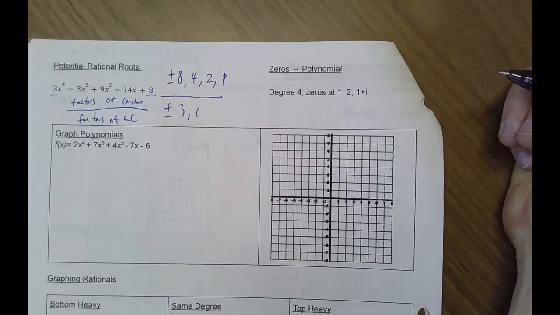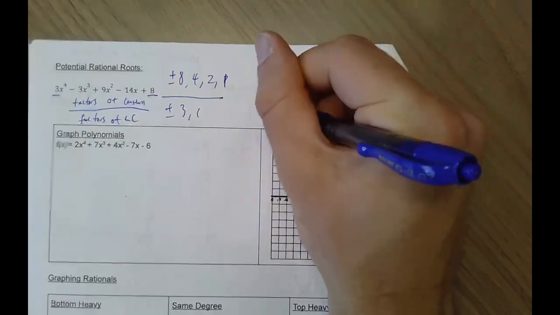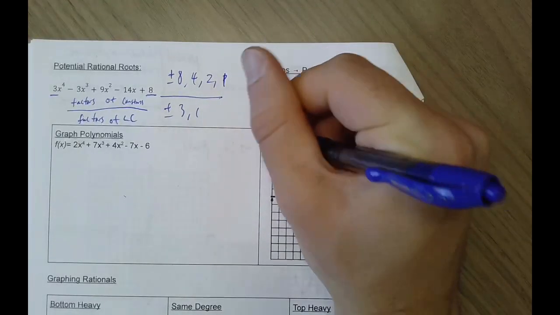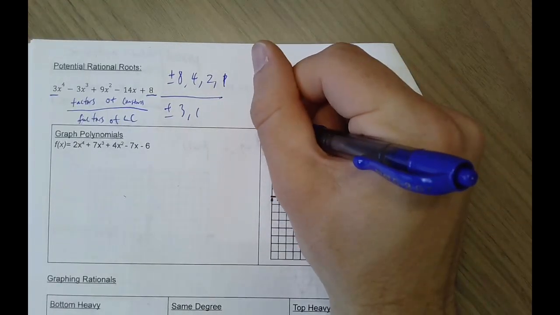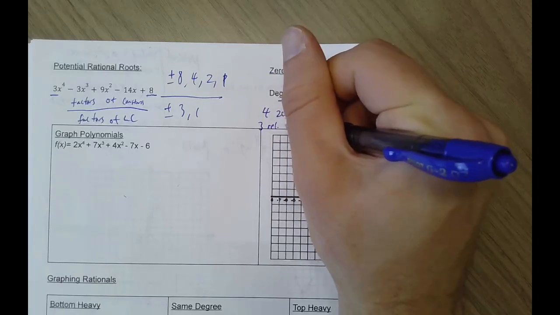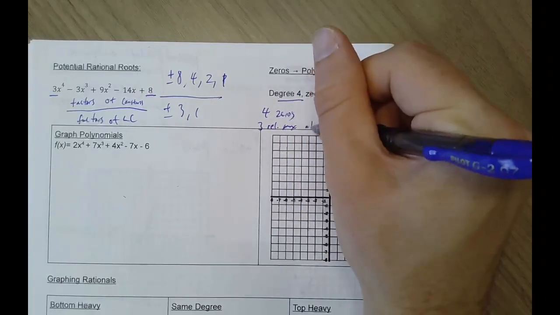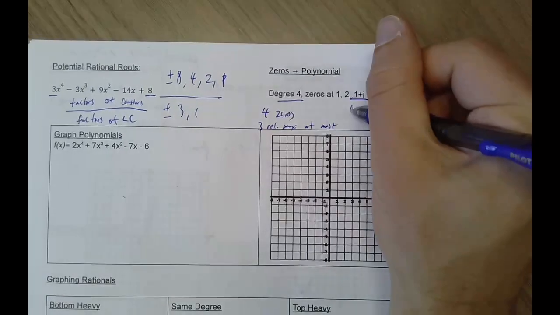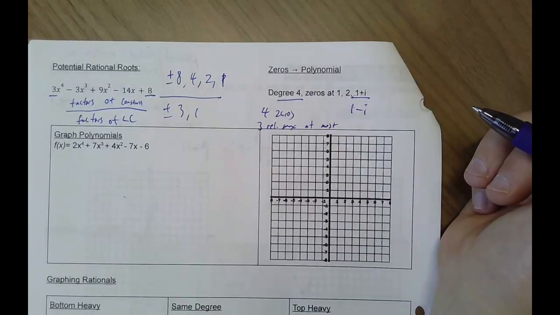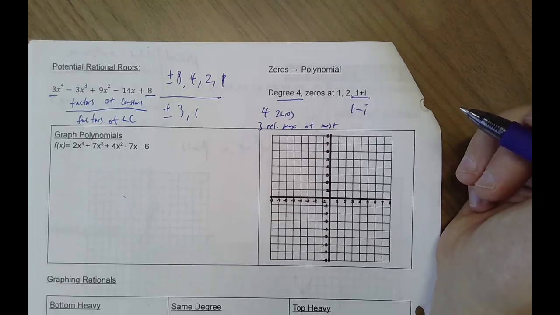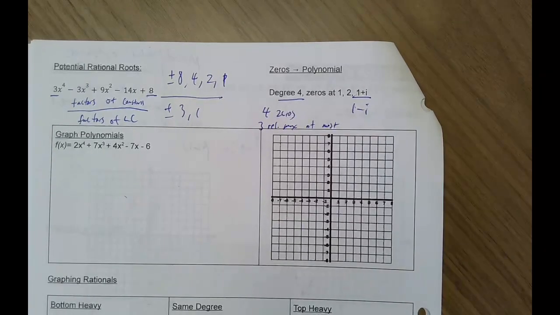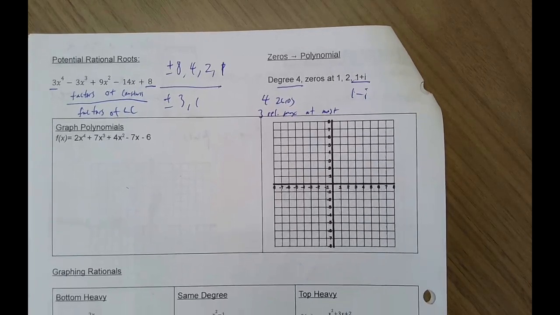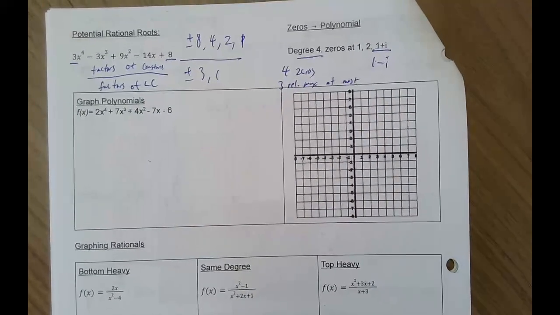Zeros of a polynomial. So if the degree is 4, it has 4 zeros. And it has at most 3 relative maxima or minima. And if 1 plus i is a zero, then 1 minus i must be a zero. Okay. That's the conjugate theorem. If you have imaginary solutions, they always come in pairs. Graphing polynomials, so